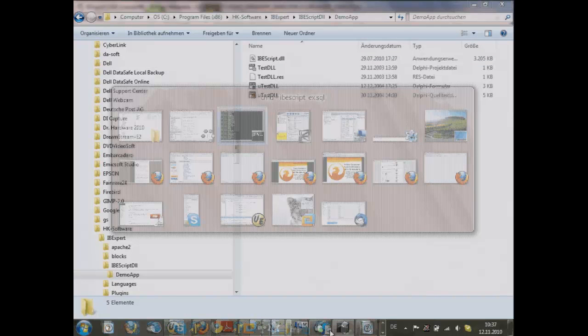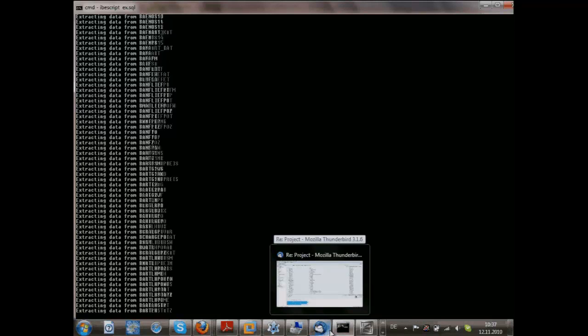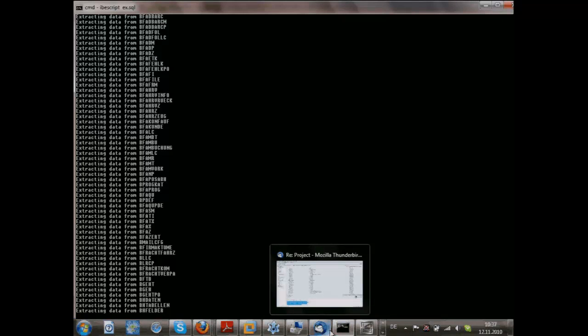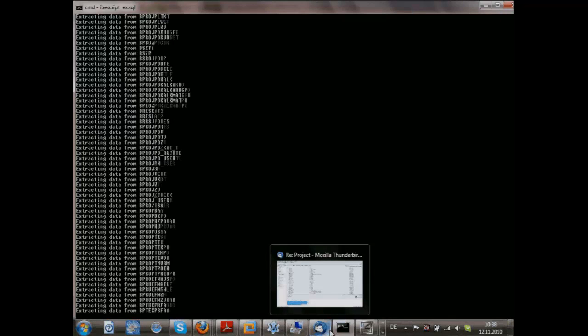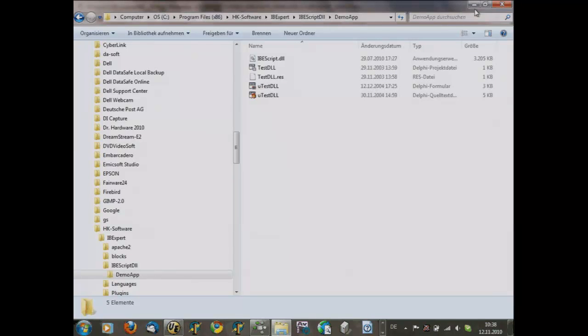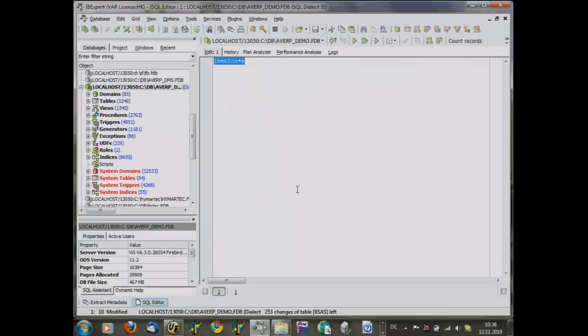Technically, the DLL version, the exe version, or the whole IDE from IBExpert all have the same capabilities. They have the same possibilities in all their scripting language. So what you can do in any of these platforms, you can do in all of them. For example, combining the metadata of some tables.